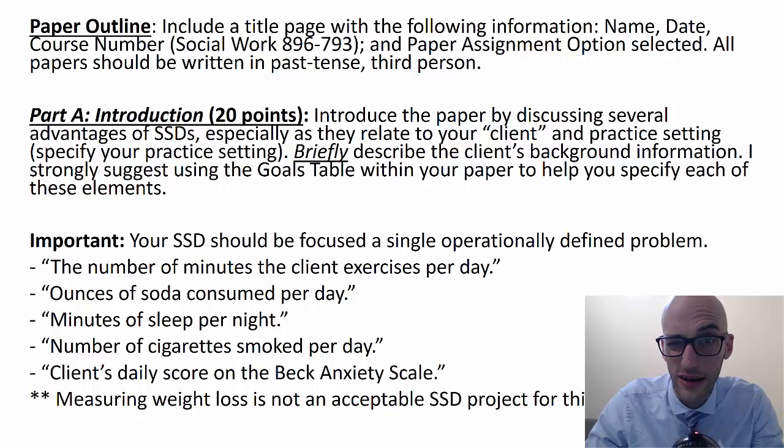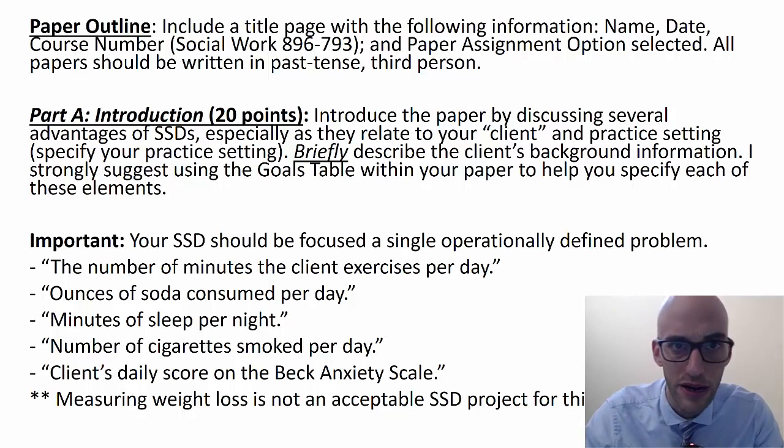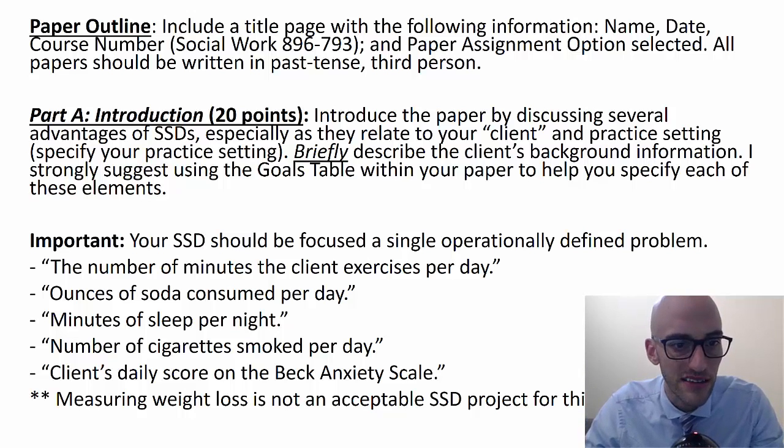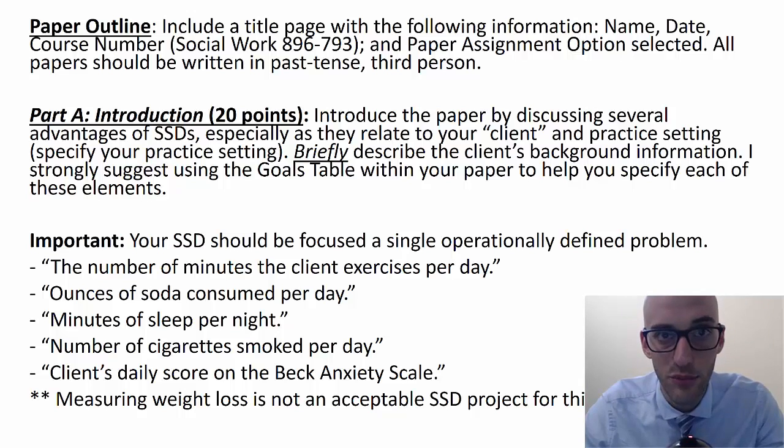which is not a really good operationally defined problem because you shouldn't be doing dichotomous, did they work out, did they not work out, but rather looking at the intensity, duration, frequency. I would encourage you to look at the smallest increment of measurement possible. So number of minutes the client exercises per day gives you a daily measurement. If they exercise 17 minutes, if they exercise 28 minutes, really helps you look at the smallest increment so that there's not any rounding going on, and it helps you to be better at capturing any kind of variance.